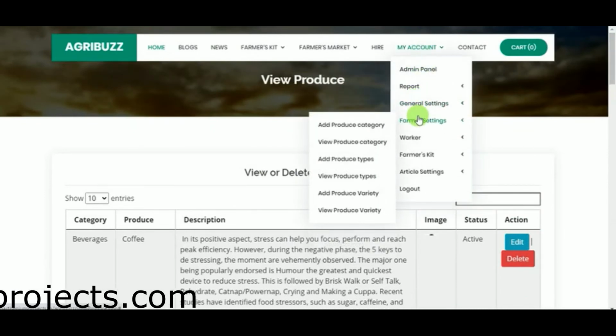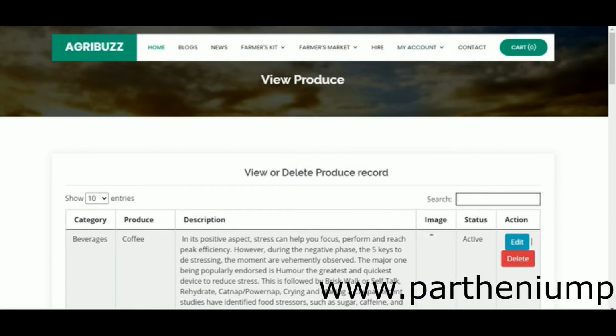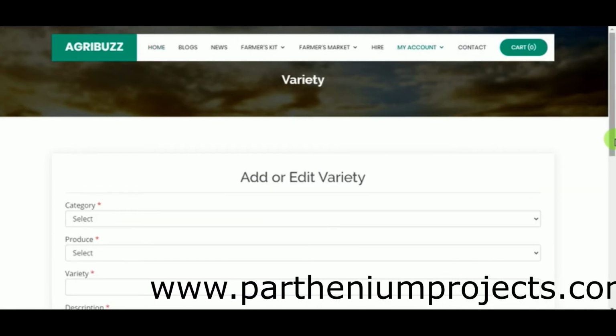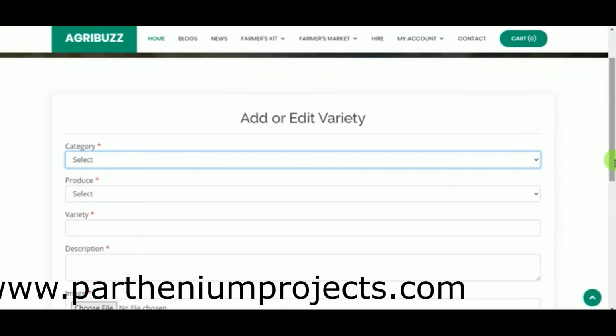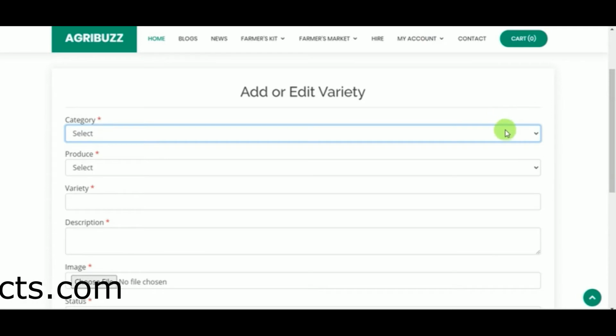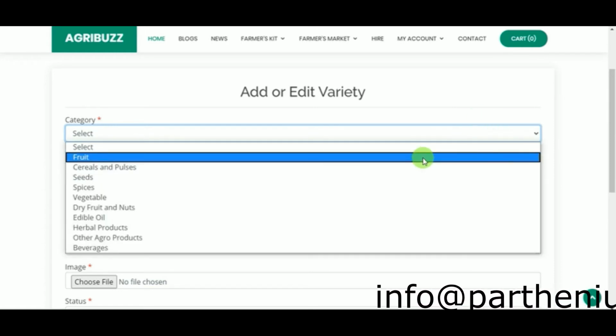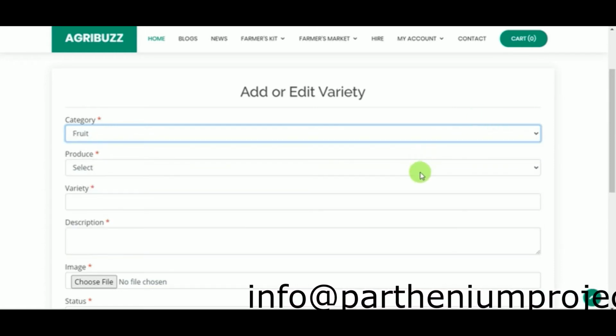Next one is add product varieties. If you have any varieties of the product, you can add that particular variety. So here you need to add a few details to add a variety. First, click on the category, then click on the product. In that, first I will click on the category as fruit.